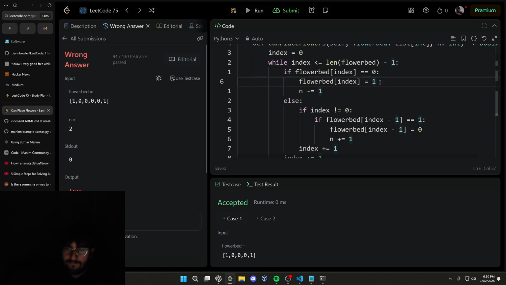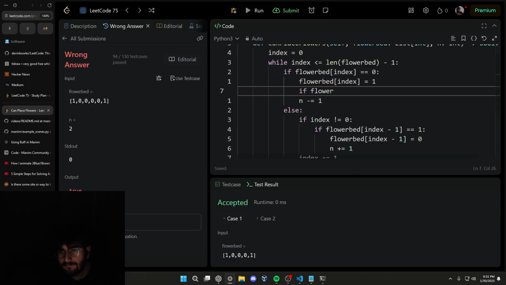I mean, I guess I could say if the flower bed at index, no, no, no. If index plus 1 is less than or equal to the length of flower bed,